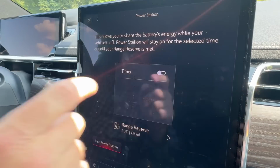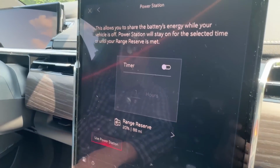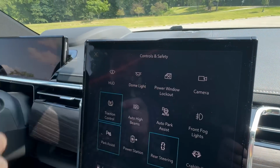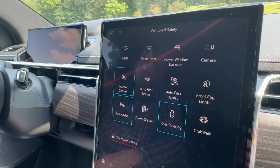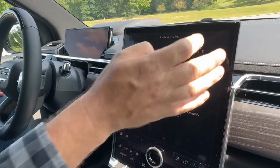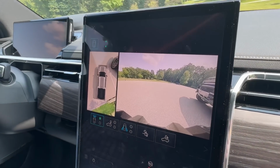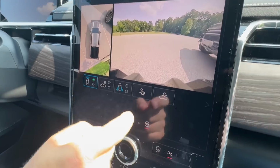You could look at your power station, set up the system for the inverter system if you're powering tools or your campsite or your house, any number of things. The camera system is also good. GM does really good cameras. You can also control,